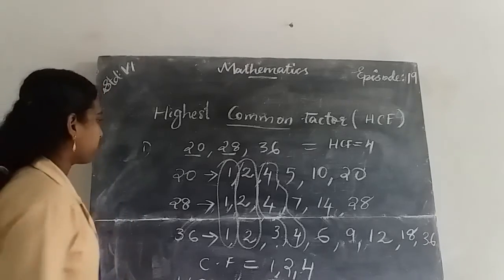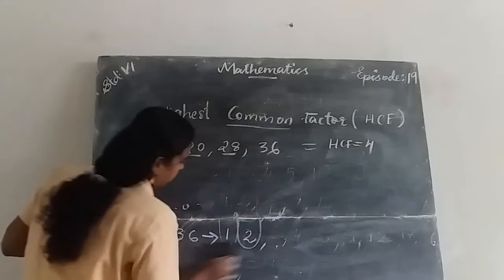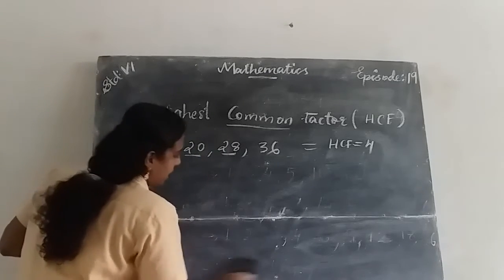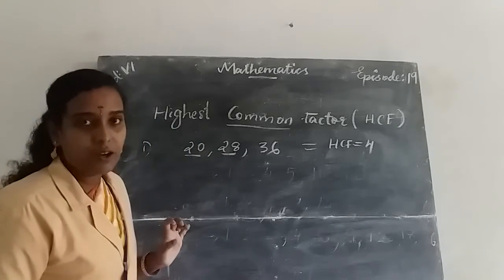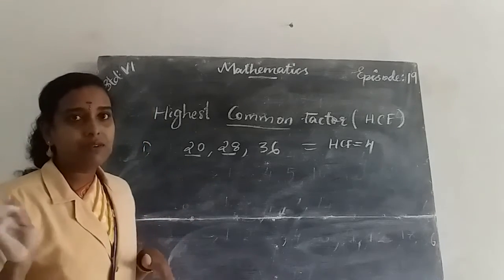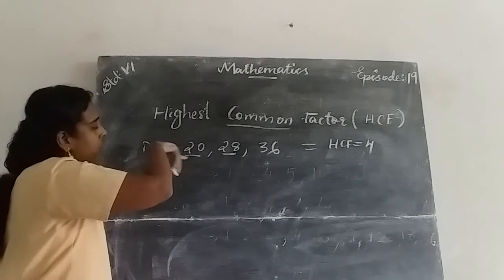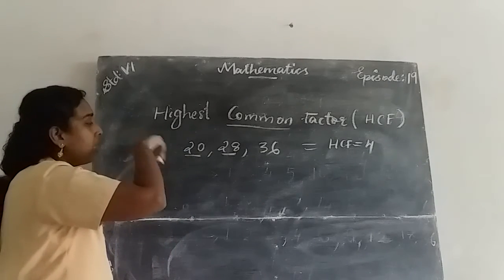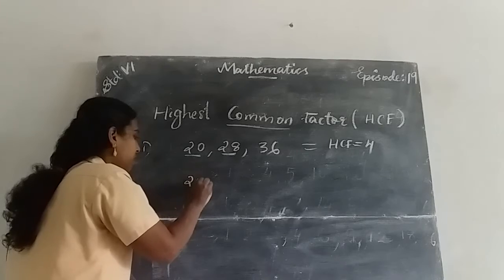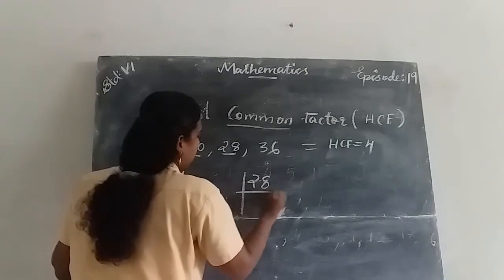Okay. And you can also find the HCF in another way. The next method is the division method. Okay. So here, for the same question, we use the division method. For that, first we find the prime factorization by the division method. First 20, then use the division method on 28,